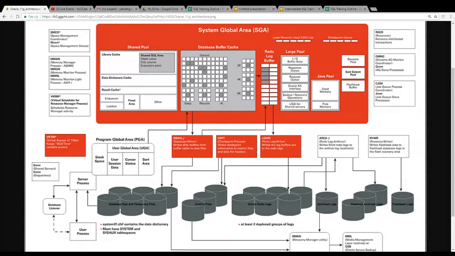The very attempt to connect to the database always has to go through the listener, okay? It always has to go through the listener. And once you're connected, I start doing select star from HR.employees. I want to run this query. At this stage, it's not running it.